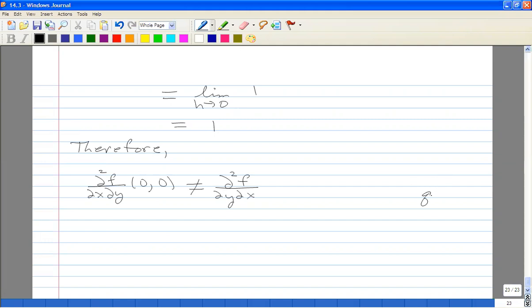And that's what I wanted to show. So even though the function is continuous and both of the partials are continuous, I still have that the mixed partials are not equal. Okay, so